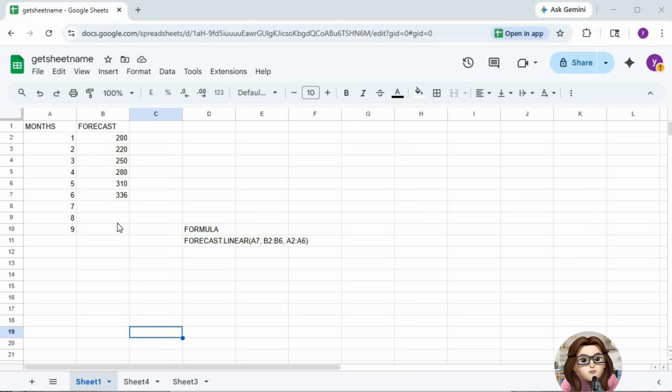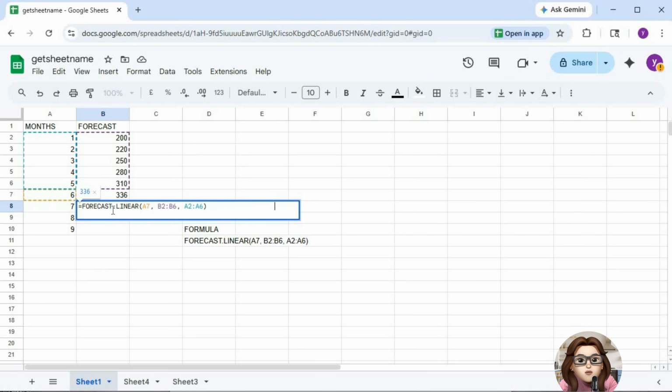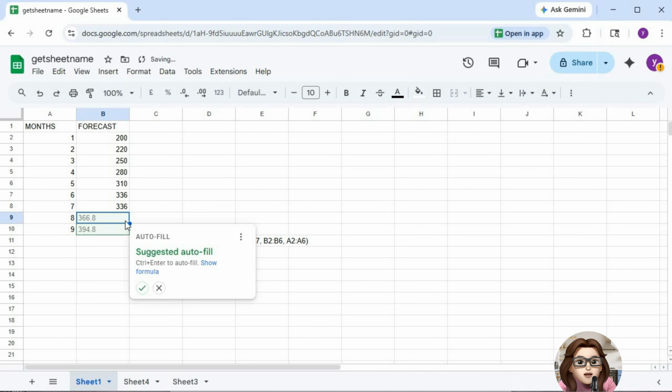Now, choose the cell where you want your prediction. Type the FORECAST.LINEAR formula by giving it three key things: the future point you want to predict, your known values, and your known timeline. Once you press enter, Google Sheets will instantly calculate the predicted value based on your existing